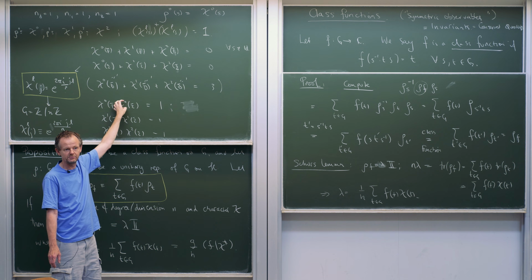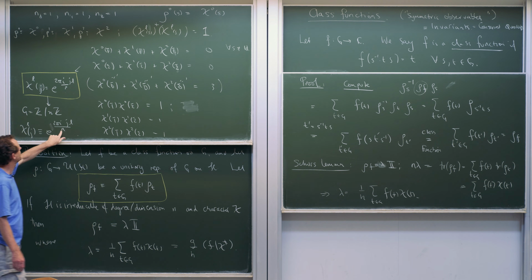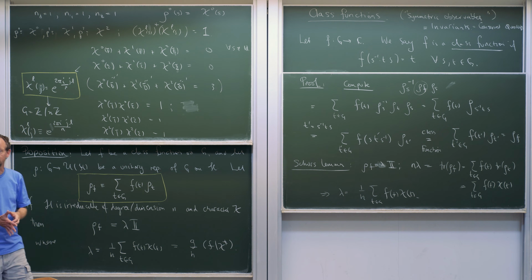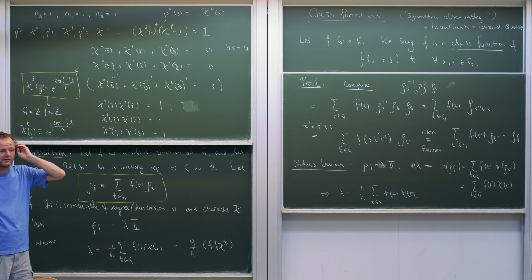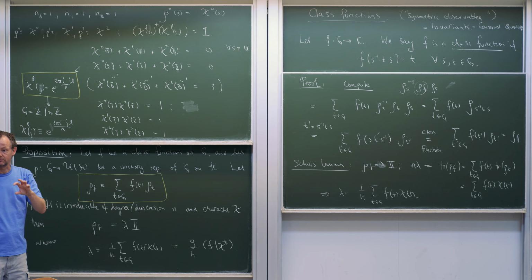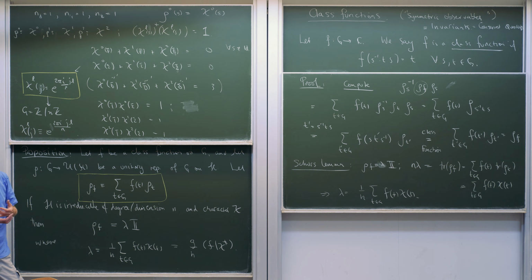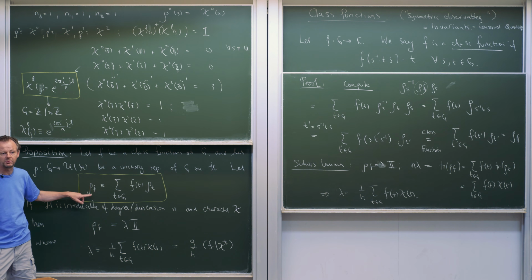We applied that to the simple case of the cyclic groups, and we worked out all the characters and all the irreducible representations. Then we've transitioned to these things called class functions, which are strongly related with invariants, observables that are conserved in physics. And we've used them to first construct this curious operator here